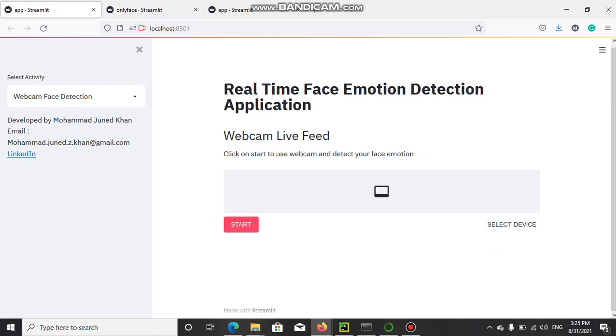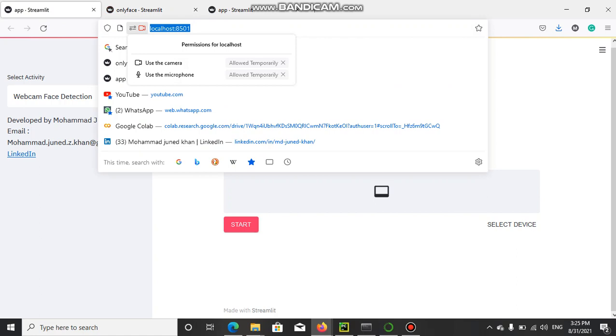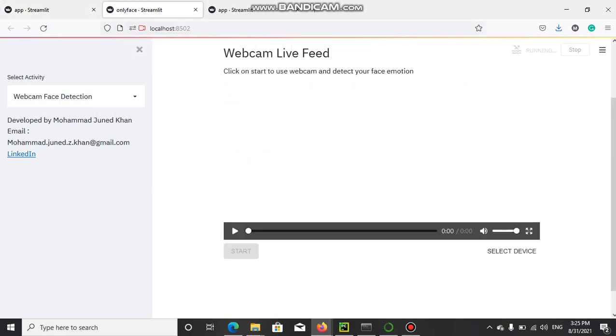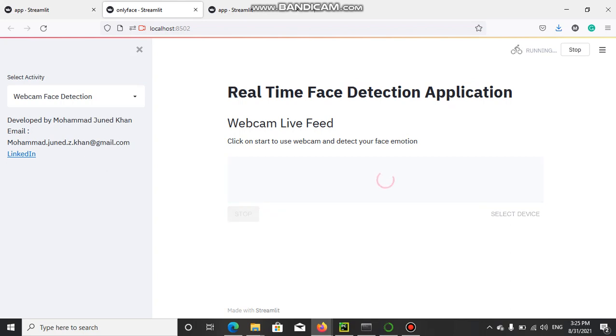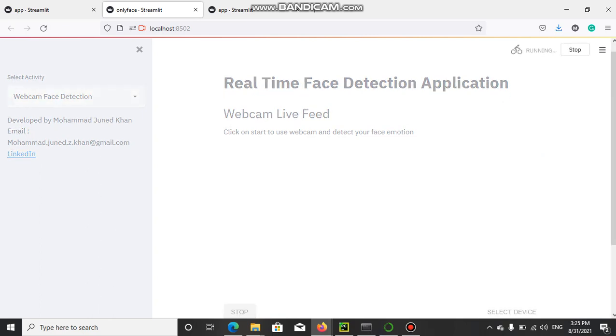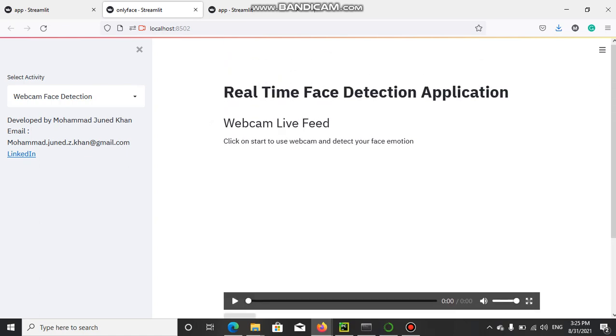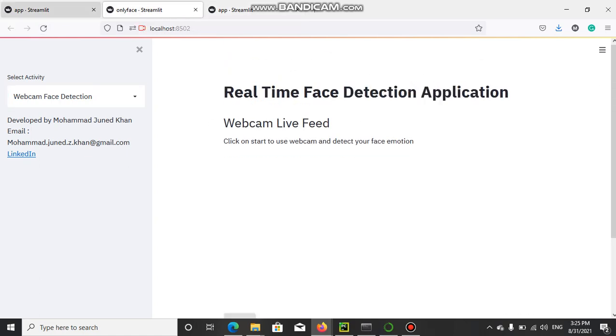I think this one is having access to our webcam, so no, it's not detecting. Let's just stop and start again. Right now I'm running this application on my local server. Let me check that the devices are correctly selected. I think one of the applications is using this one.